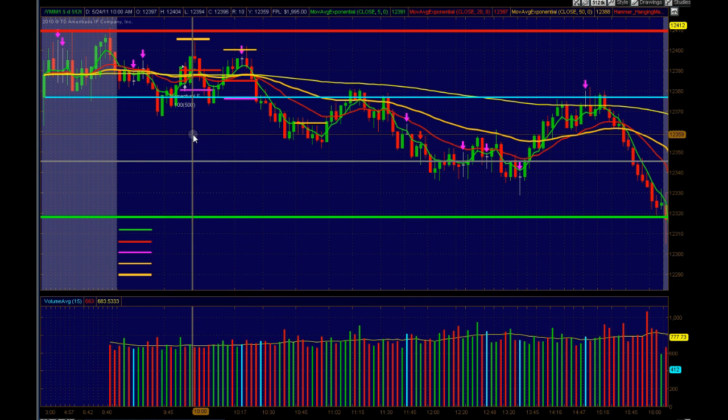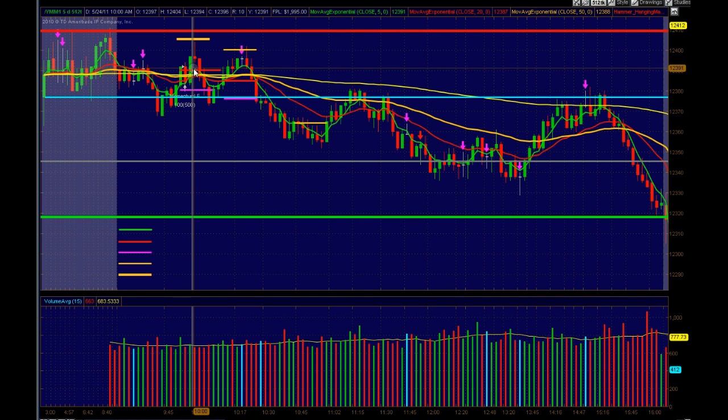I trade off time zones, so my first time zone is from 9:30 till 10. All that simply means is I want to see what the market is trying to do in that first time zone. In this particular case it created a new high from the open, but it did not go higher than the overnight session. So once this bar came up, this doji, this hammer, it gave me a sell signal. And I sold. The low of this bar was